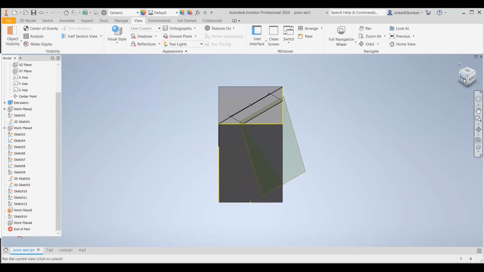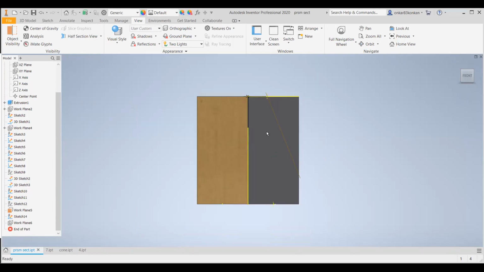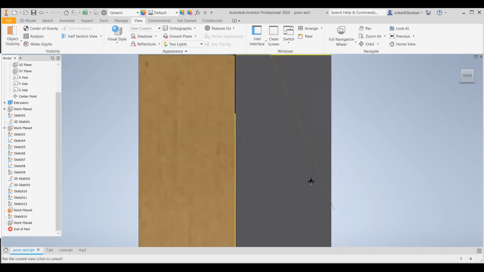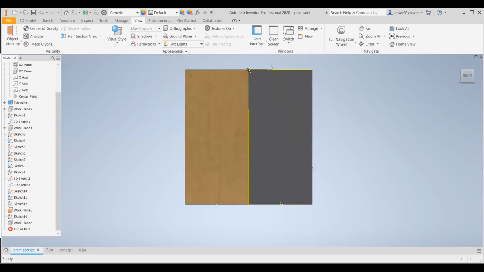For the maximum height, we should take the position of the section plane which will pass through this corner point and this bottom corner. Okay. If you take the section plane which will pass through these 2 points, then we will get a triangle as a true shape with the maximum height. Okay. And not only with the maximum height, but with the maximum base.